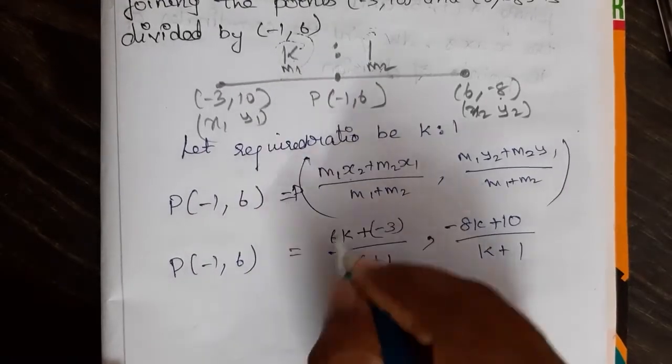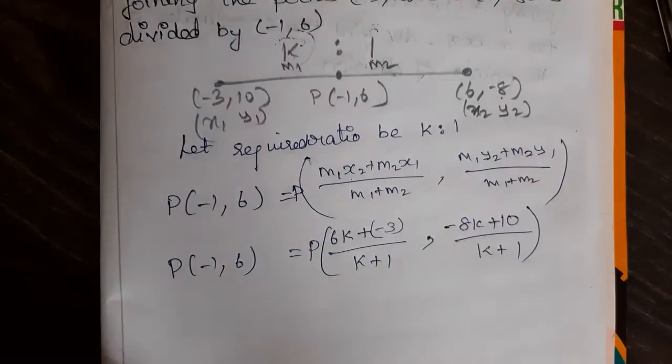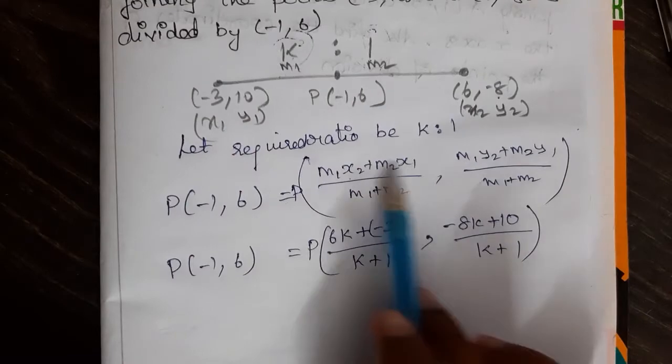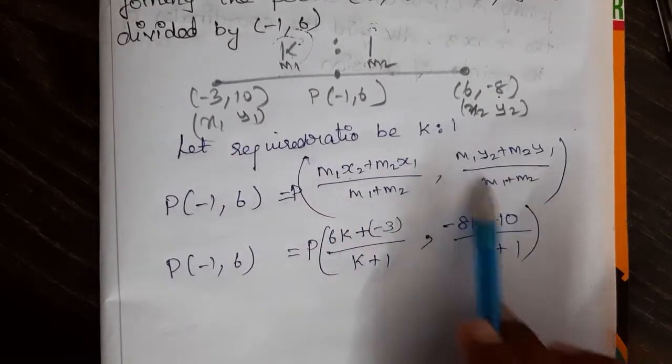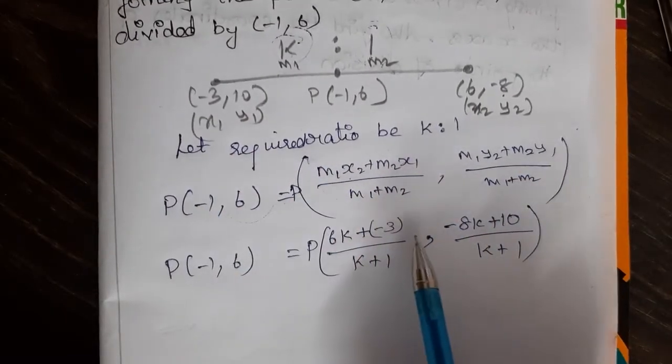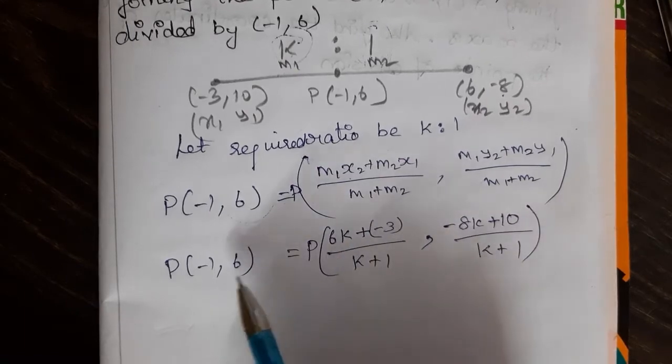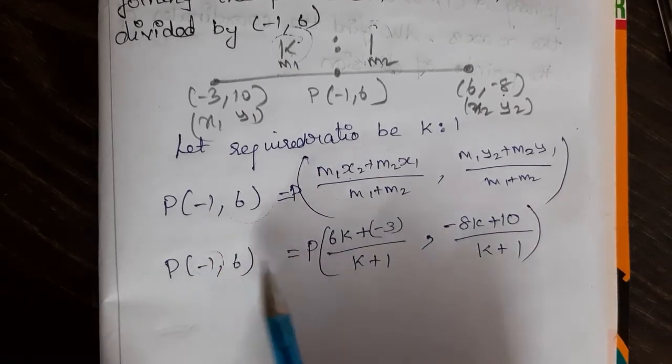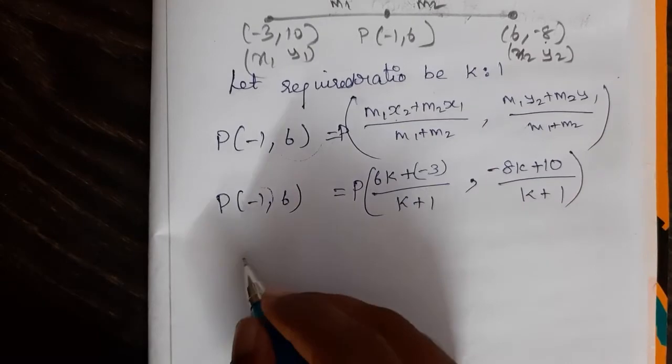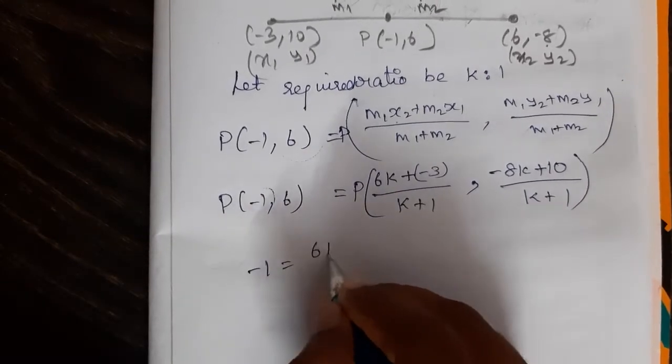This point is also P we represent in the formula, right? So we can say this x point will be equal to minus 1 and this point is equal to 6. So if we compare this, we can find a value for the k, right? So considering the minus 1 is equal to 6k